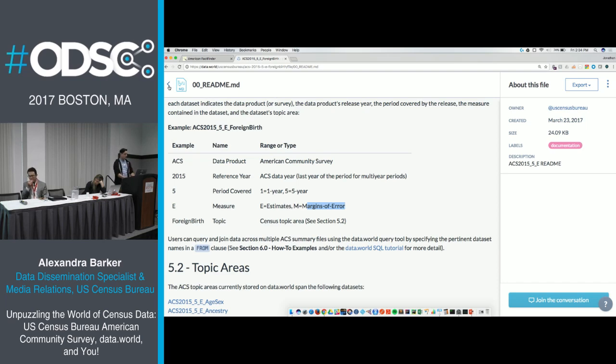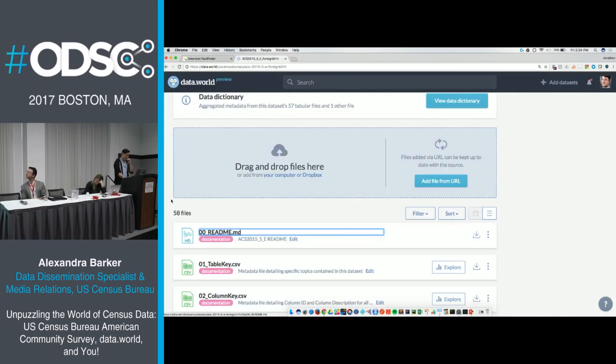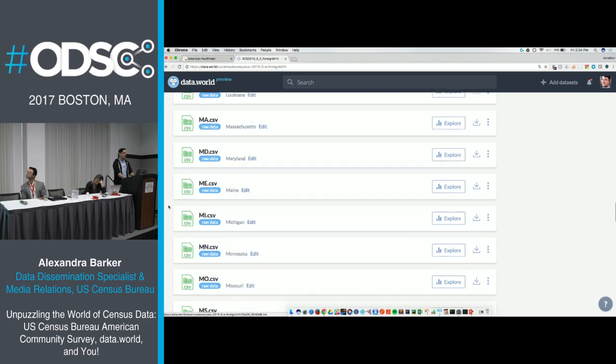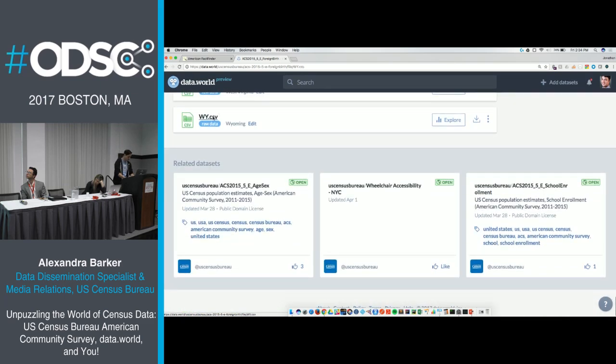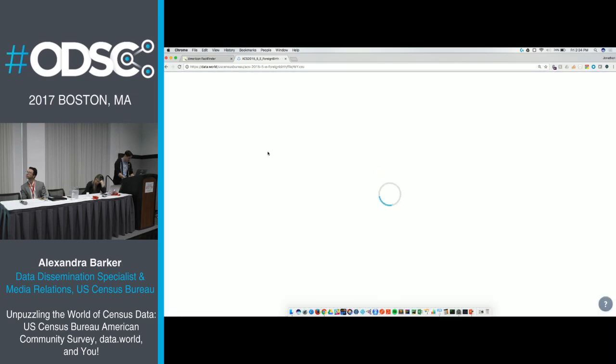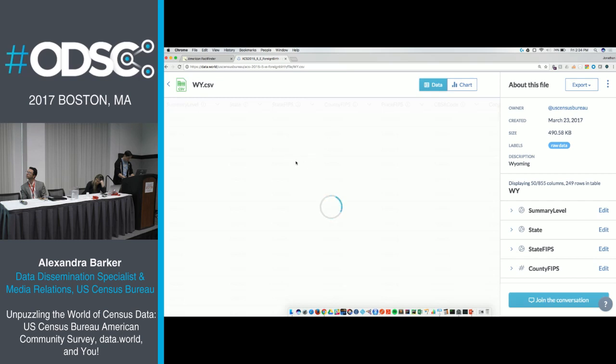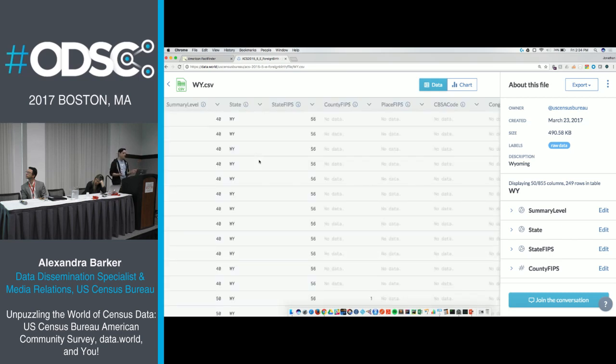In order to get population estimates out of these, it's actually pretty simple. It looks big and scary when I look at one of these files. Let's go to the smallest state, just so it opens relatively quickly. It might look big and scary, but it's just 2D data. You've just got population estimates by geography.